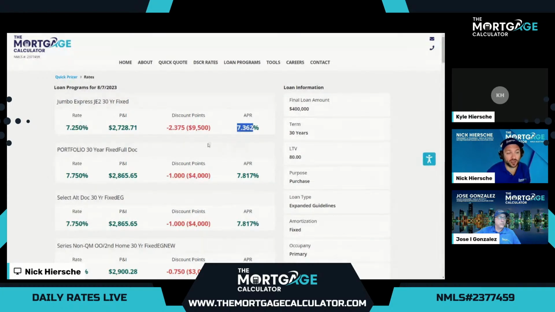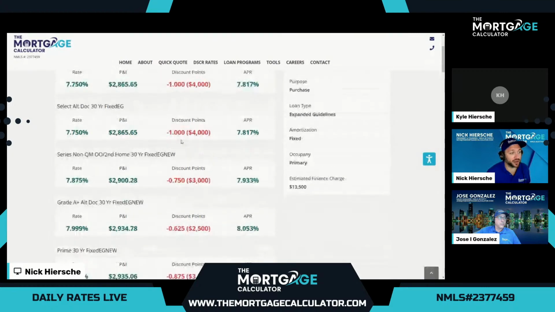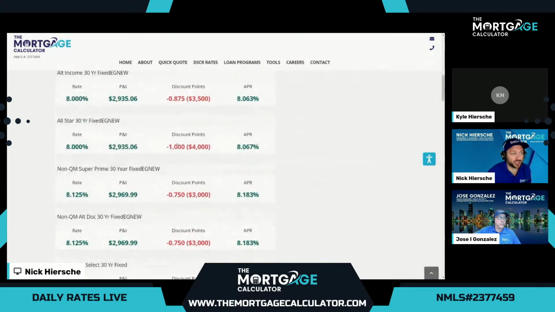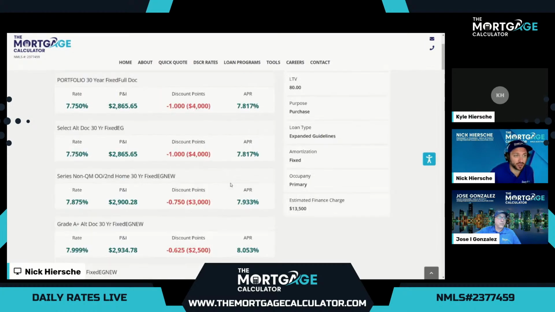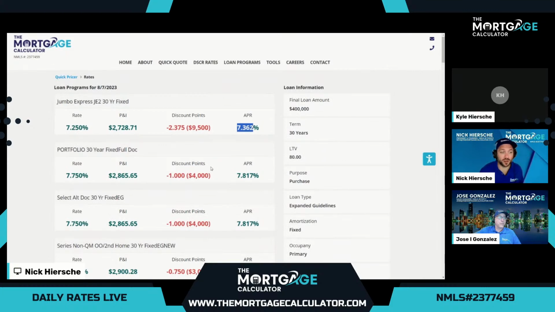We also have tons of other options here. If we scroll down here, we'll see other bank statement options. Some of these are a little bit higher rate, but may allow things like foreclosures and bankruptcies and other types of credit events that would otherwise disqualify us from FHA or conventional programs. So not only can we solve the income issue here that our borrowers may have, but we may also solve some other problems to qualify our borrowers. So we love these programs. Please get with our team member. They will find which one of the hundreds of versions of these bank statement options will work best for you.